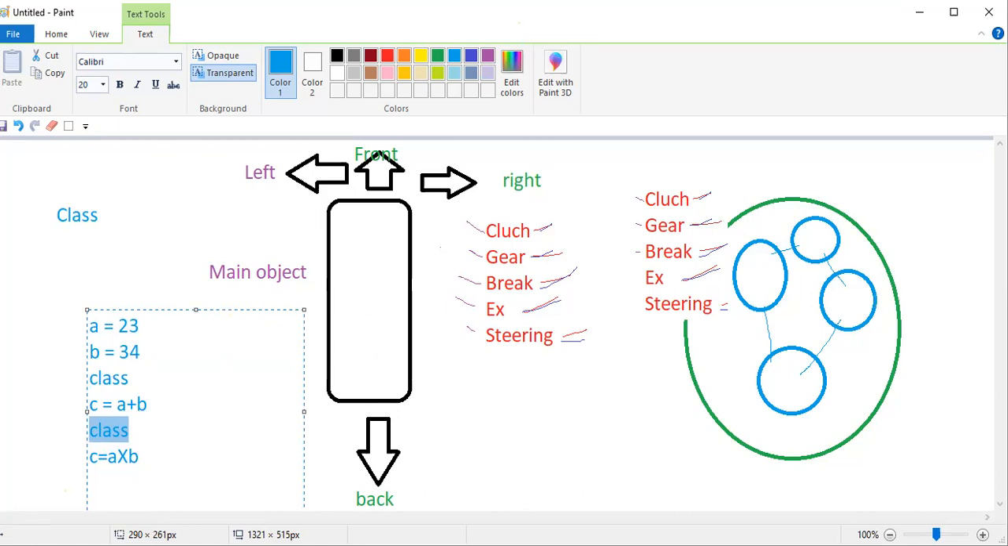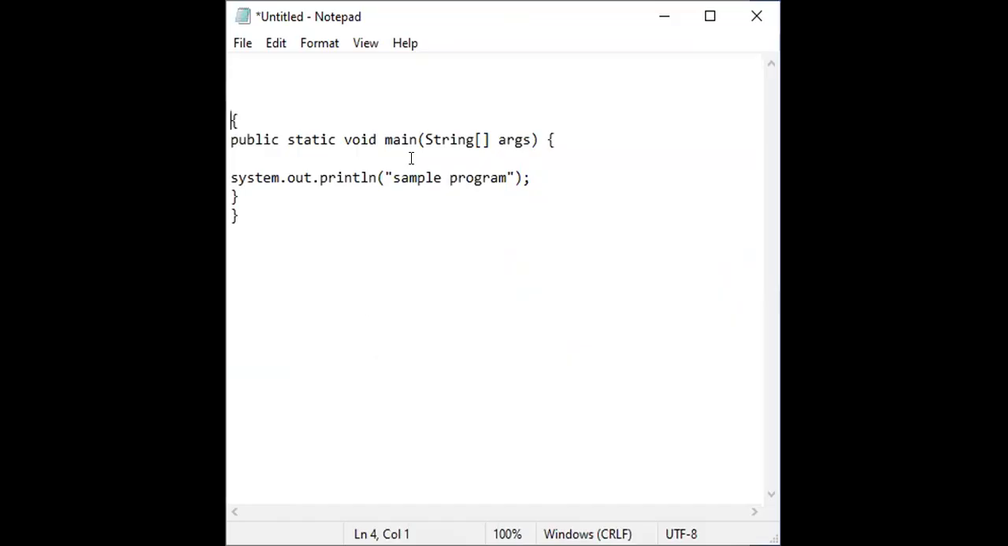So in real time, from this sample programming purpose also, you have to create a class in the starting. Without creating that class, you cannot